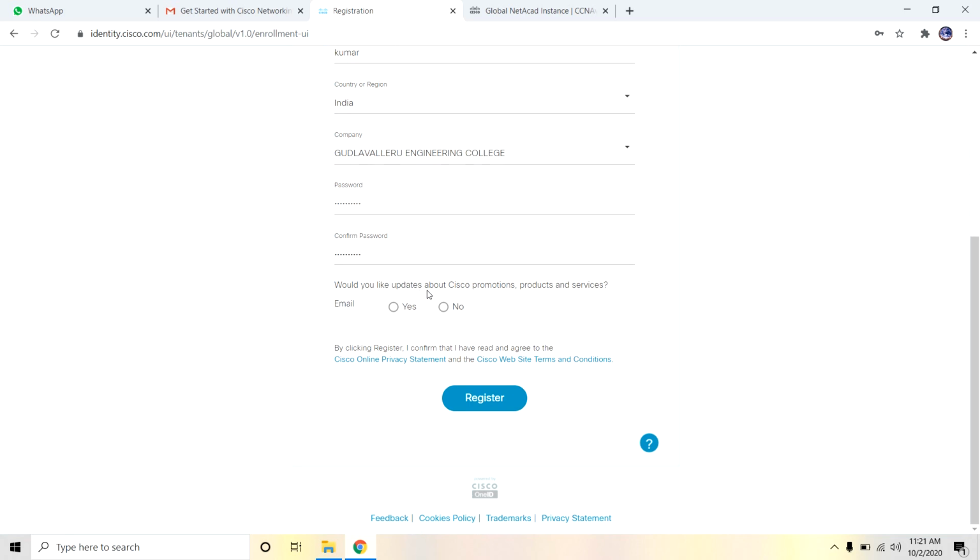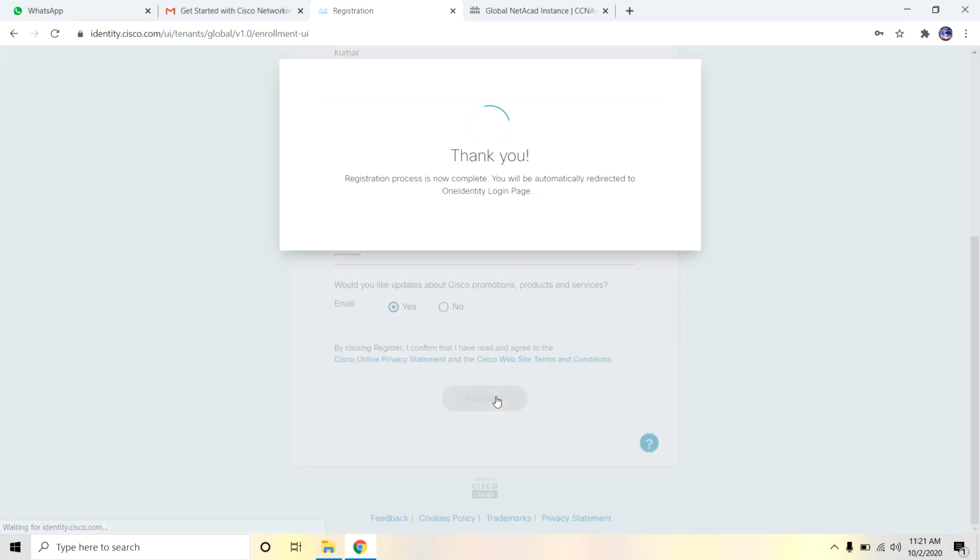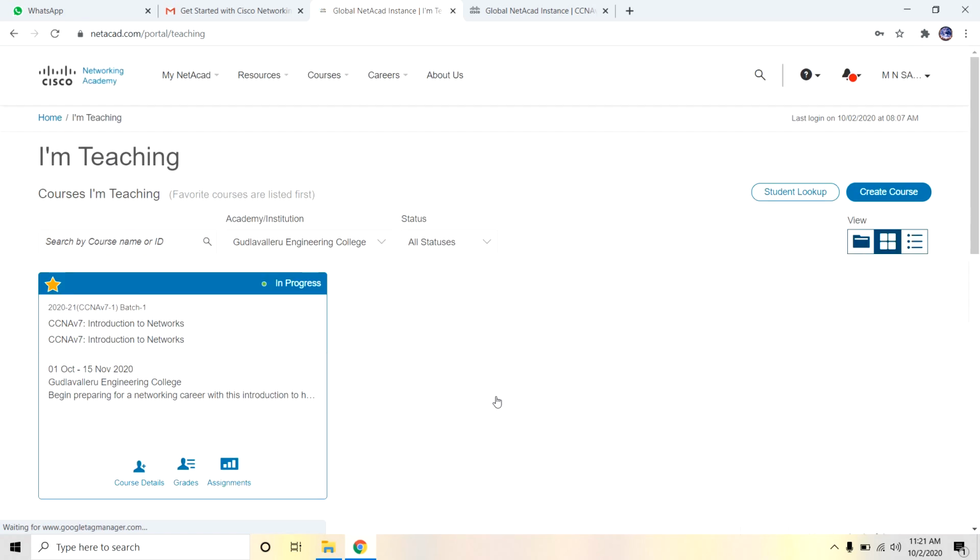Would you like updates about Cisco promotions, products and services? Yes, and click on Register. The registration process is now complete. We will be automatically redirected to the identity login page, which takes up to 20 seconds.